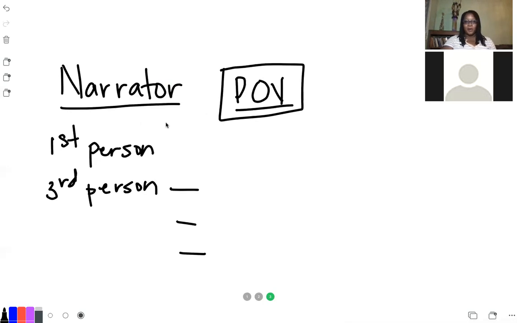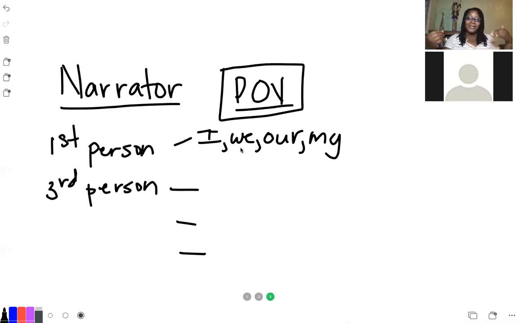Now with the first person, this is where the narrator is in the story and speaking from what is called a first person perspective. So they're speaking from the I, the we, the our, the my, and everything that you're seeing in the story is unfolding through this one character's